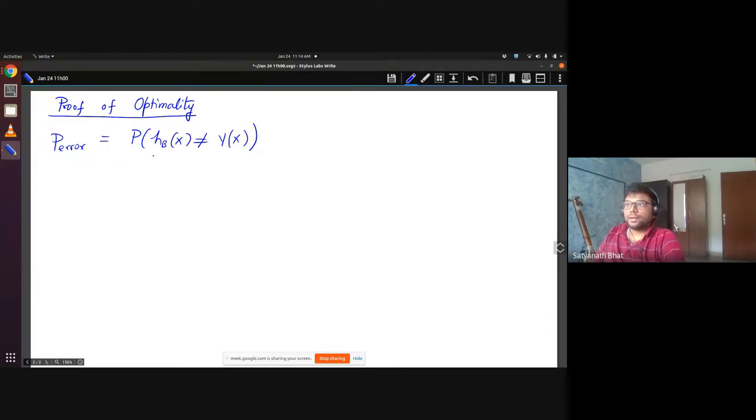So what we can do now is write this in terms of conditioning. So we will try to condition this. Okay, so what we will say is the probability that h_B of X is not equal to Y of X, given that Y of X is equal to 0, times the probability that Y of X is equal to 0, plus,